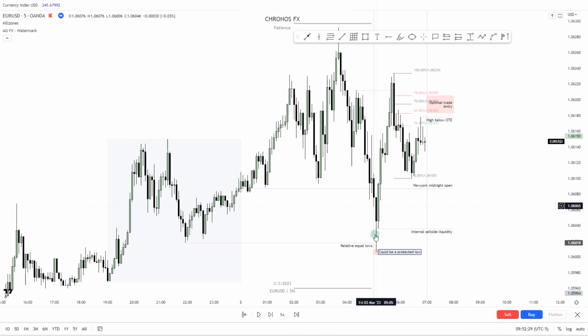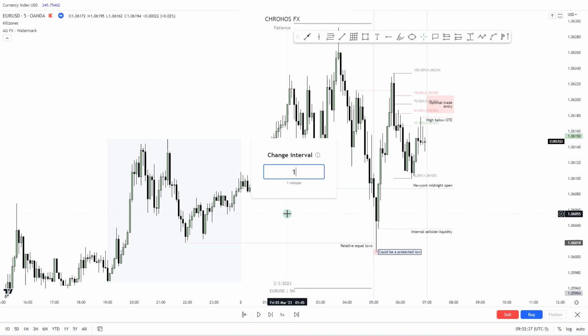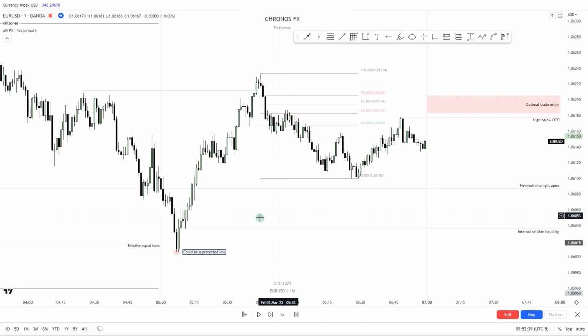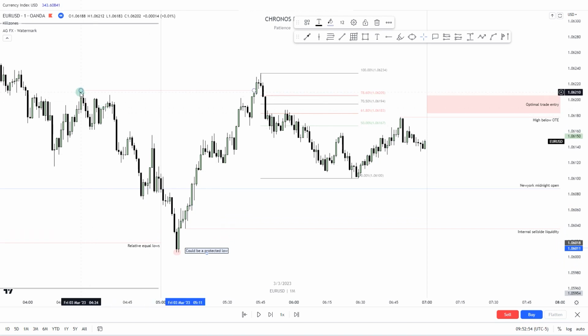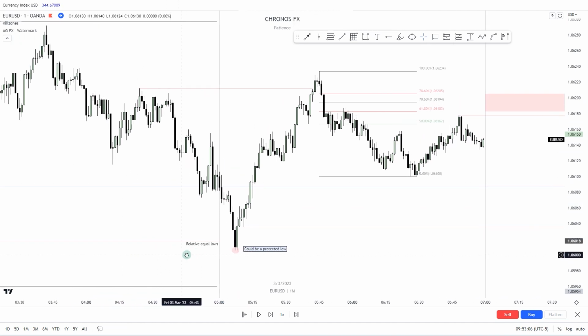Then the London kill zone ends and the lunch break starts. Let's go to the 1 minute. Because this is a liquidity grab, this could be a protected low. So price travels away from it, takes out this high. Why this high? Because when price dropped down at the end of the London kill zone and it took these lows,